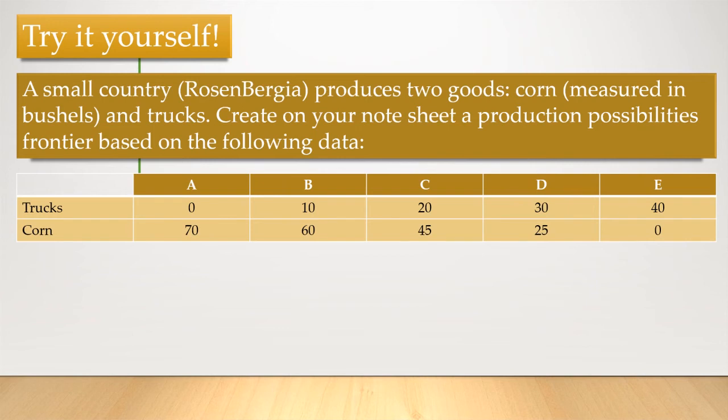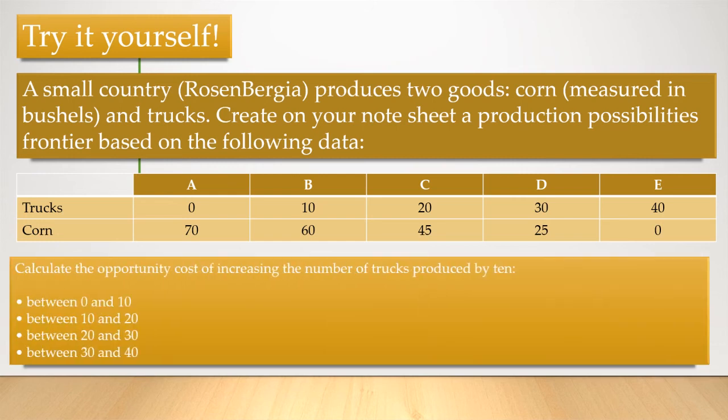We have here 5 different points: A, B, C, D, and E. We can see here trucks and corn there. Put trucks, I think, on the y-axis. Now, if I'm wrong, let me know. The y-axis is the one that goes up and down, right? Yes? Yes, I'm correct. And put on the x-axis the corn. We can see here that your truck axis will go up to a maximum of 40, while the corn will go to a maximum of 70. So we can see, if you put all of your energy to making bushels of corn, you don't have enough